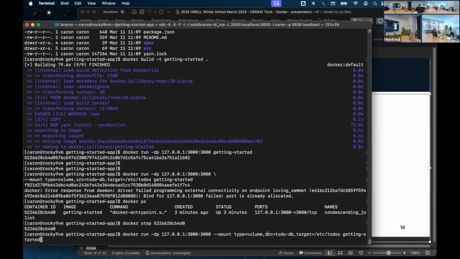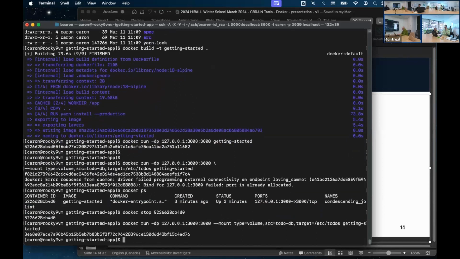Again, this is internal to the container itself, to make sure that it persists afterwards. So if I start it now,